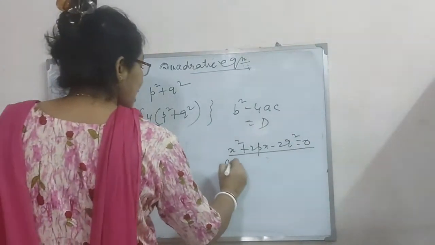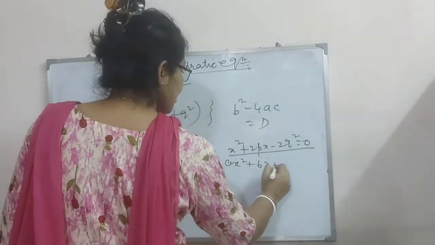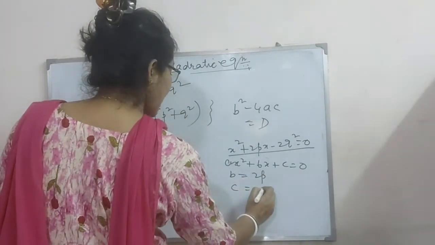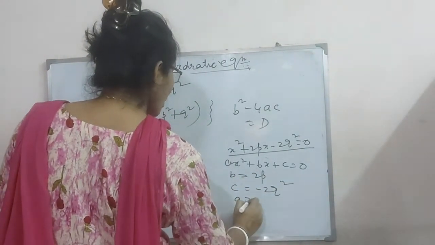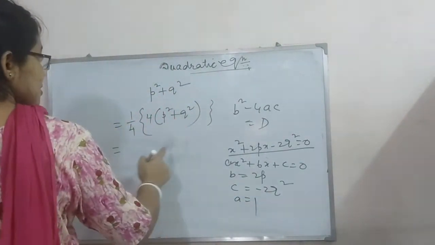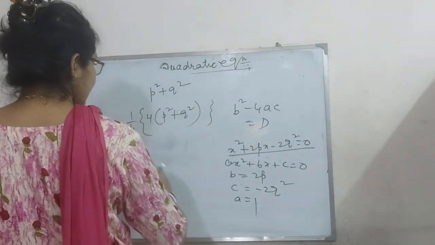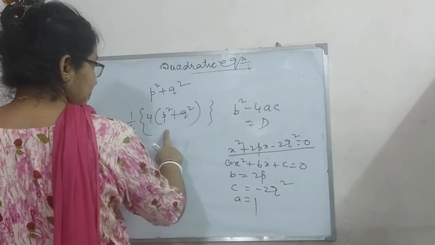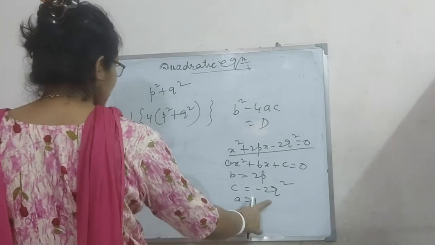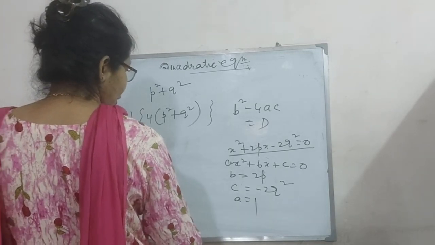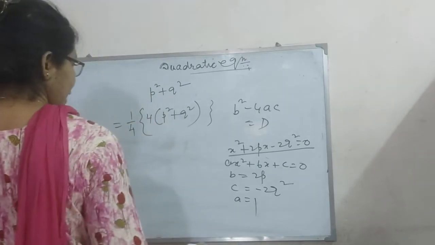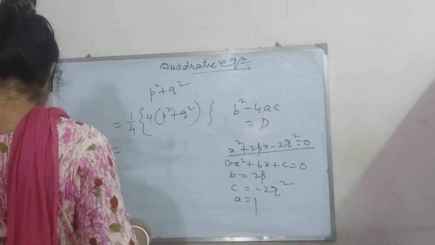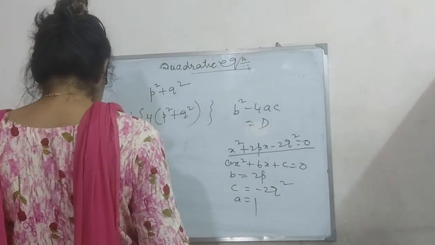Comparing this equation with the standard one, I will get b equal to 2p and c equal to minus 2q square and a equal to 1. So b square minus 4ac, b square equal to 4p square, and 4ac, b square minus 4ac, this is equal to